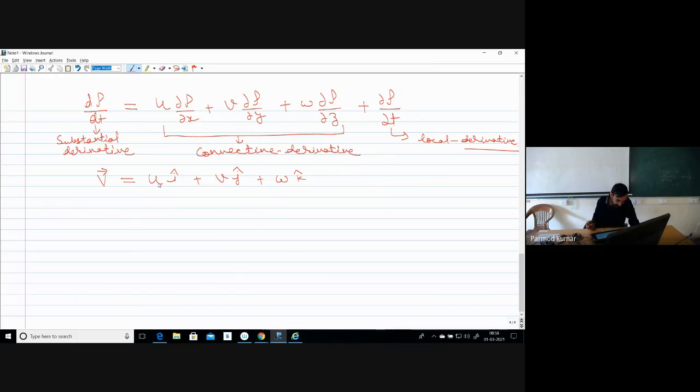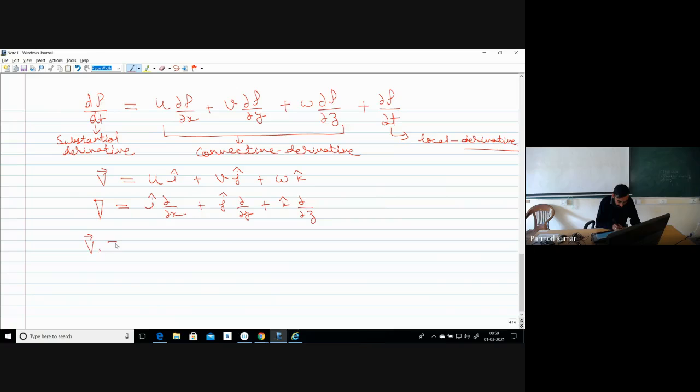Okay, so if I say this thing, and we know from our mathematical background that we have the del operator, which is given as i cap del by del x plus j cap del by del y plus k cap del by del z. Okay, so if I apply this formulation,